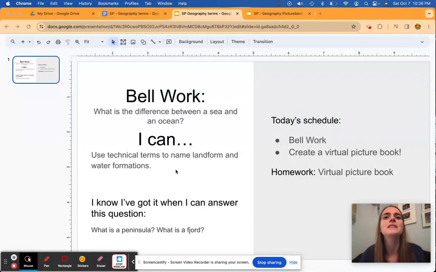If you seek a pleasant peninsula, look about you. That is our state motto, right? We say lake all the time. Hopefully, that one you already know. Bay, right? Stuff like that. There's a lot of words that we use and they're all over maps, but we need to know what these mean. So, what you're going to do today for your assignment is create a virtual picture book.